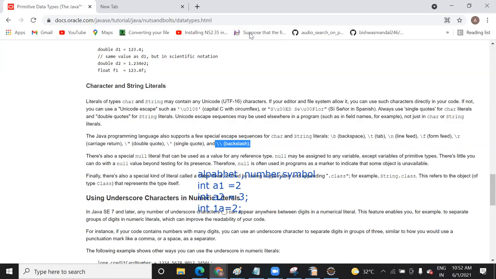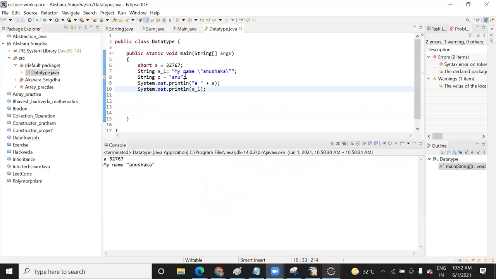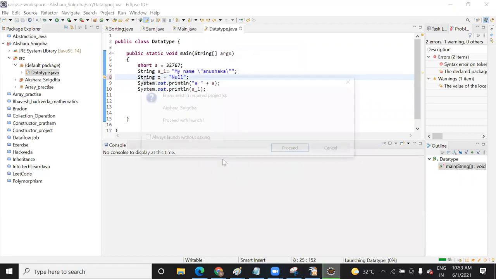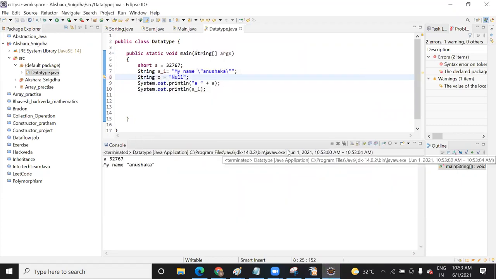Let me remove it once, one minute. So it is used to initialize a null value. When you initialize this null, it is going to print null here. So null also you can initialize here.